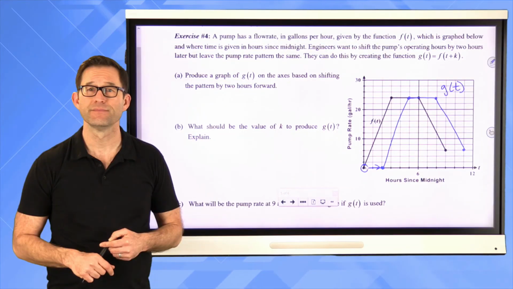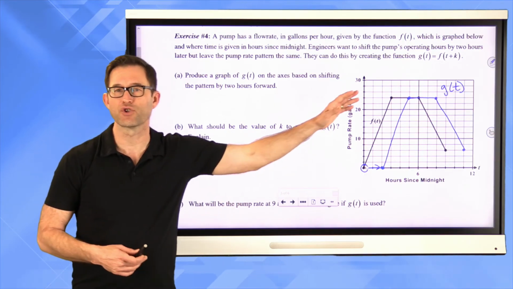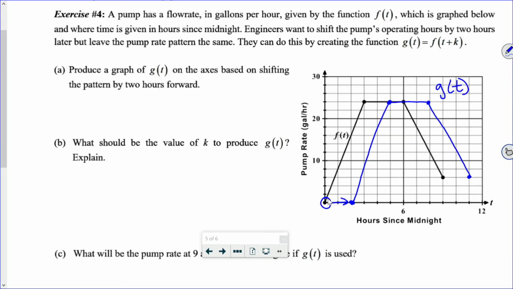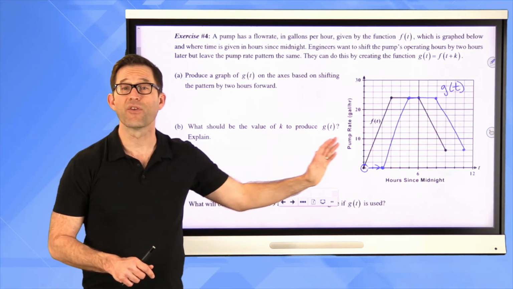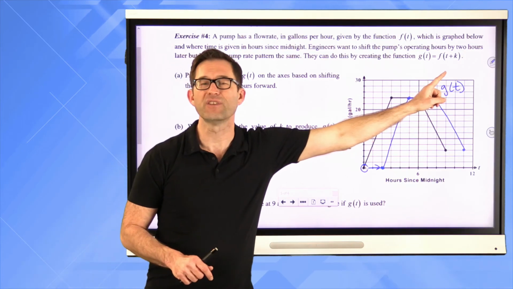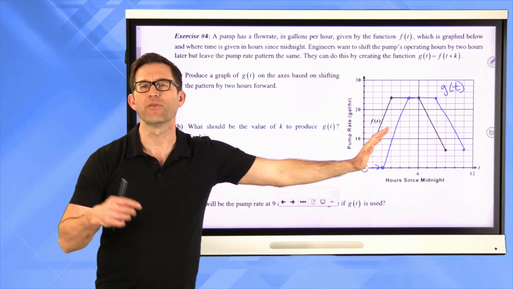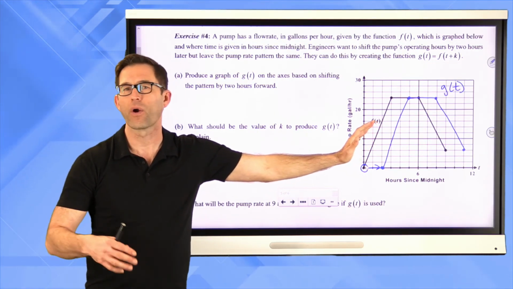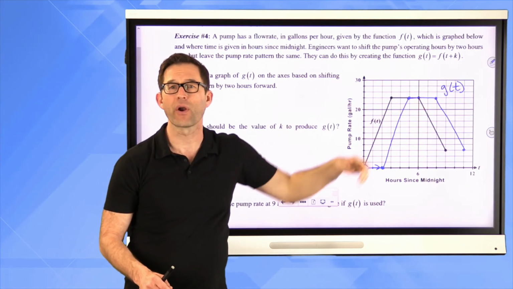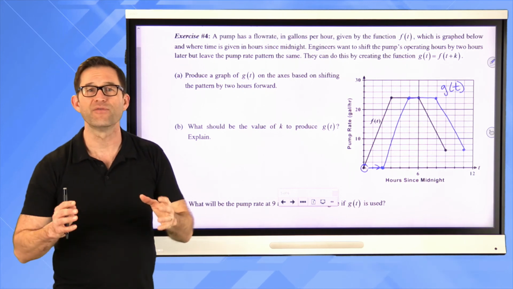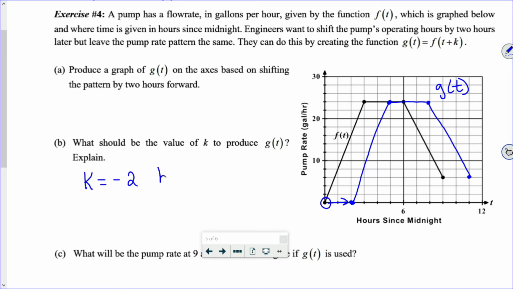Explain. All right, well, pause the video now and tell me what the value of k should be to produce this function g of t. Well, since we shifted to the right and we've phrased it as f of t plus k, k has to be negative, right? To move to the right, you need to either subtract a positive constant or add a negative constant. And again, the only reason I'm not saying that we should subtract here is because it's phrased as g of t equals f of t plus k. So k should be equal to negative 2